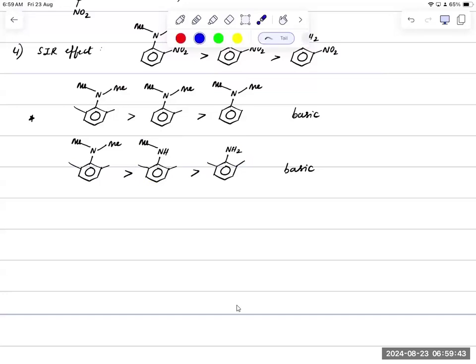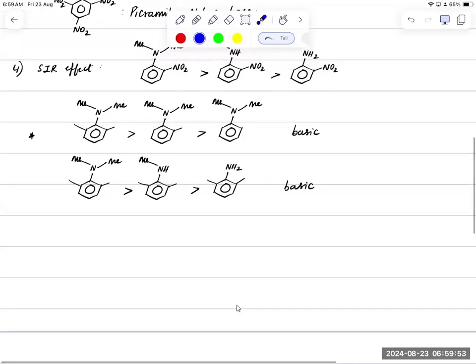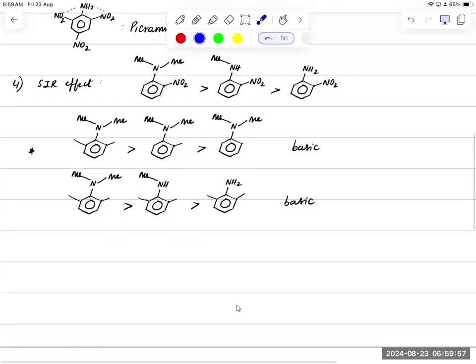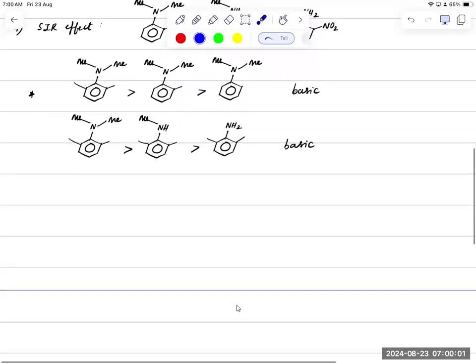Okay. So this one will be more basic than this one, than this one. So the more the ortho effect nature, the less is the basic character. Got it? I hope everybody understood this logic, how to apply the SIR effect in all of these cases. Okay. Next one,